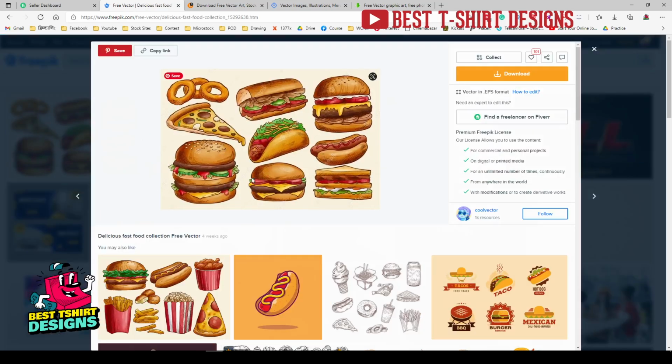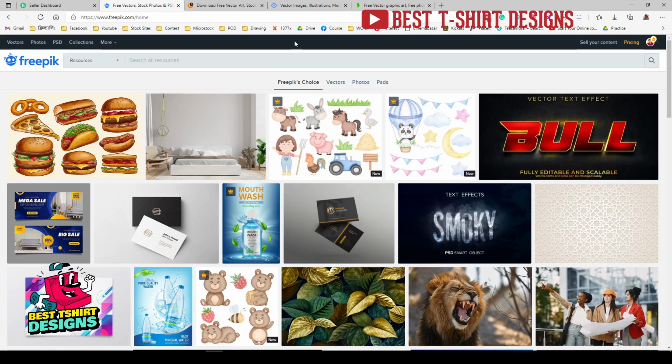These are vector drawings, so if I want to make something like this, it will take lots of time, and of course this is not in my skill area. So that's why I will take these graphics to use in my design to make my designs of better quality, but I will explain that later. But for most stock sites, there are two ways of using them. One is the free way, one is the premium way.